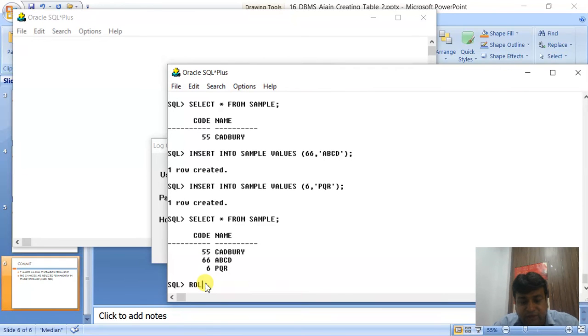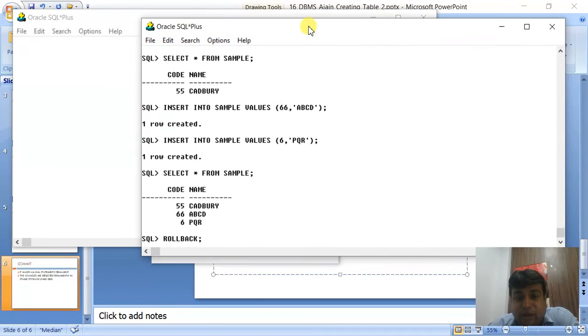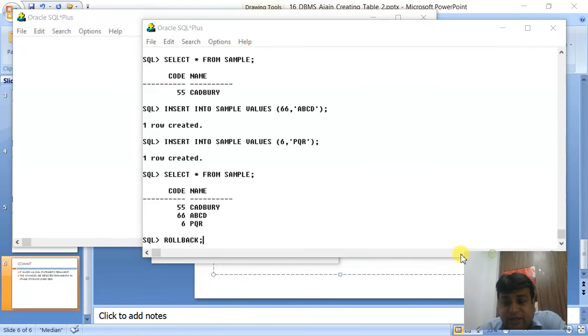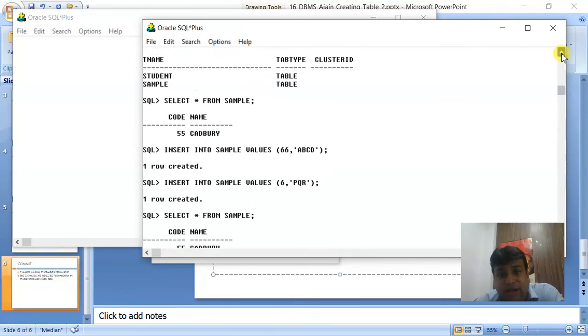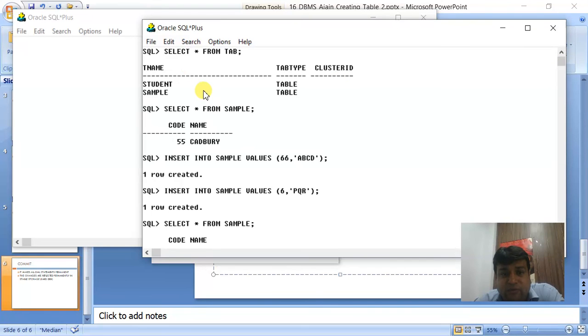Now I will type rollback. So please remember, rollback is tricky. Sometimes it can be very damaging because rollback means whatever DML you have done until the last commit or last DDL command, everything will be rolled back. So what have I done till now? Just now I have logged in freshly.